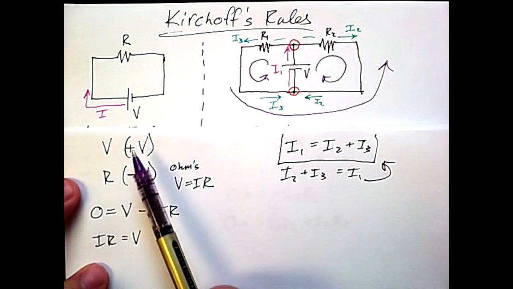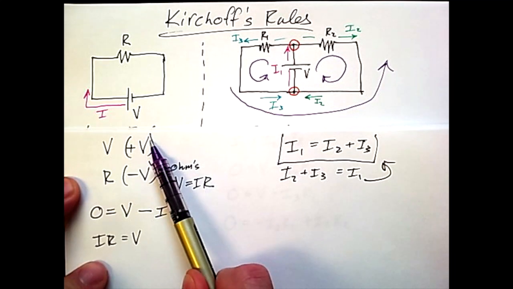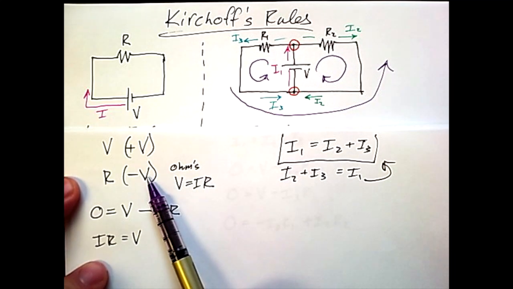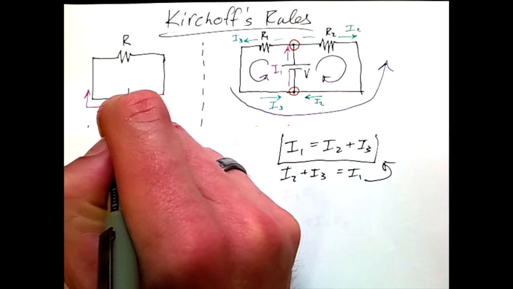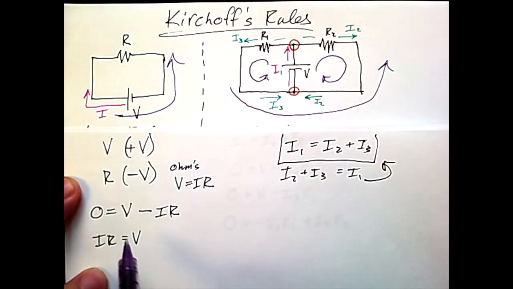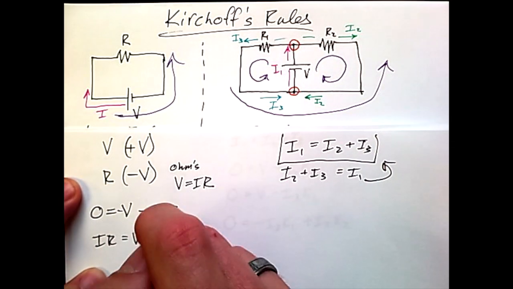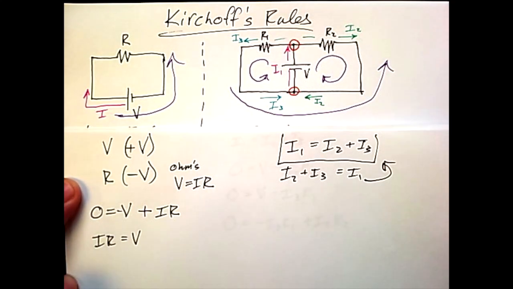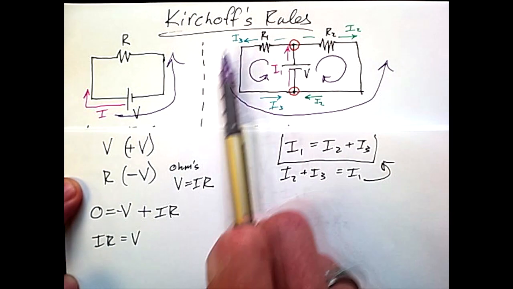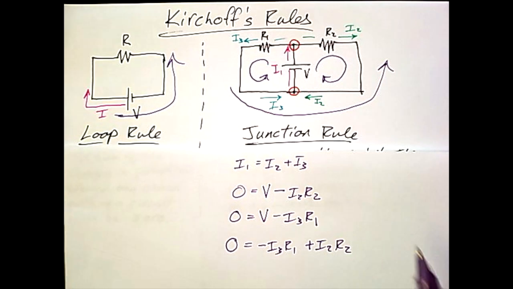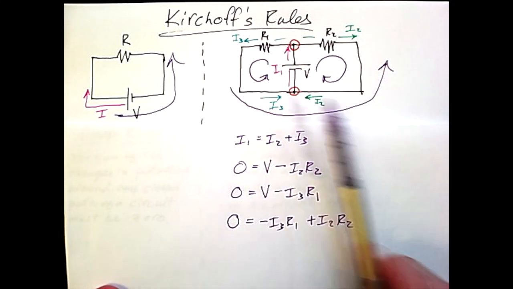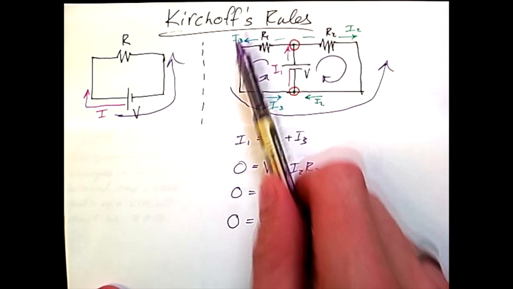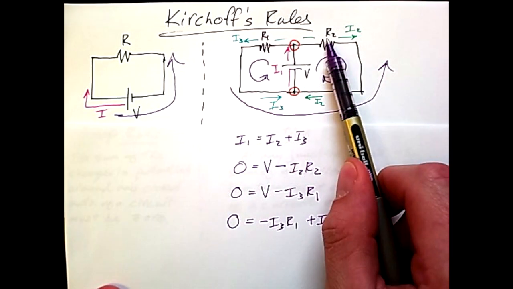So as long as I'm going in the direction of the identified current, I'm adding voltage with batteries and removing it with resistors so that my conservation can hold. But if I trace the loop this direction, then these turn to negative V and positive IR, and V equals IR still holds. So the conservation is true as long as I identify that, and that will happen as the circuits get more and more complex. As they get more and more complex, there will be more and more junctions, which will result in multiple loops, and eventually you'll end up tracing loops where you're going both forward and backward across resistors and